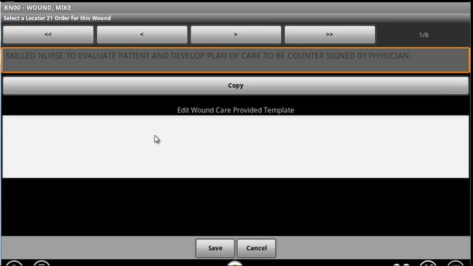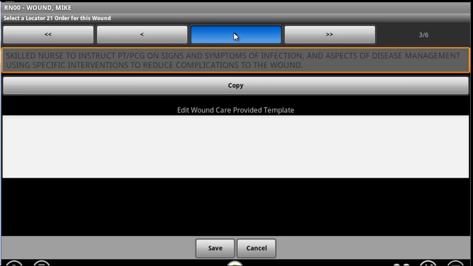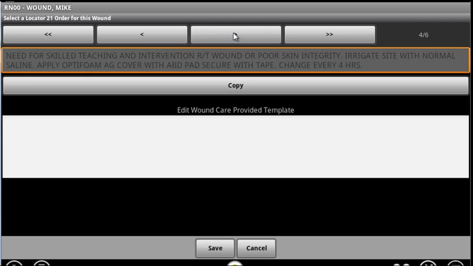So what we need to do is select the appropriate locator 21 order to associate and create a wound care provided template. So what we can do is scroll through our orders here that we selected in the plan of care development and find the order that relates to this wound for our wound care provided template. So like this one, and it's this one that we want to use because this details a wound care that should be provided. So we're going to copy this text into the edit wound care provided template,